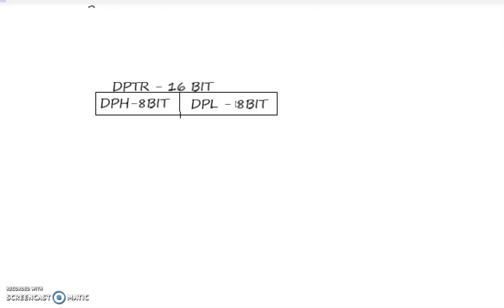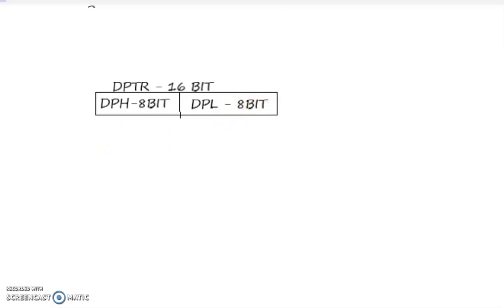When we need to increment or change the DPTR register, note that it is a 16-bit register, but the ALU operation that we are performing is an 8-bit operation. So to do a 16-bit operation, we need two instruction cycles, two steps to complete it. A 16-bit addition or subtraction can be done only as two sets of 8-bit operations. By dividing this, if you need to increment the DPTR by 1 or 2, the increment can be done only on the lower byte.